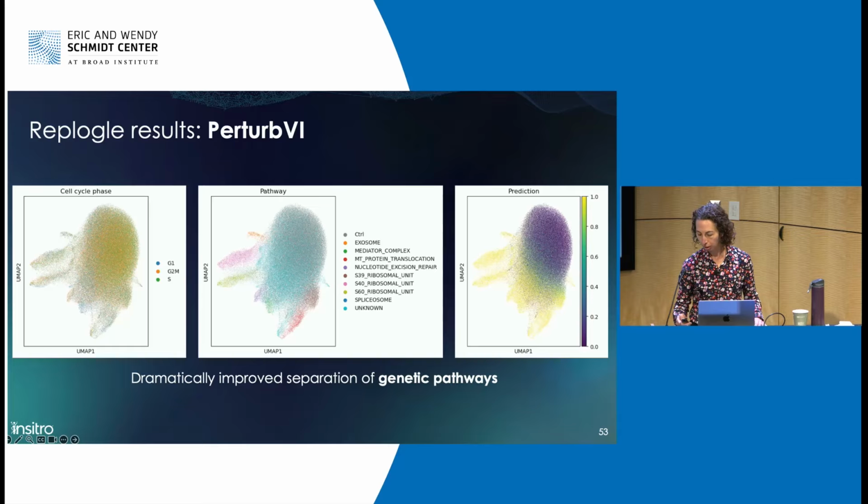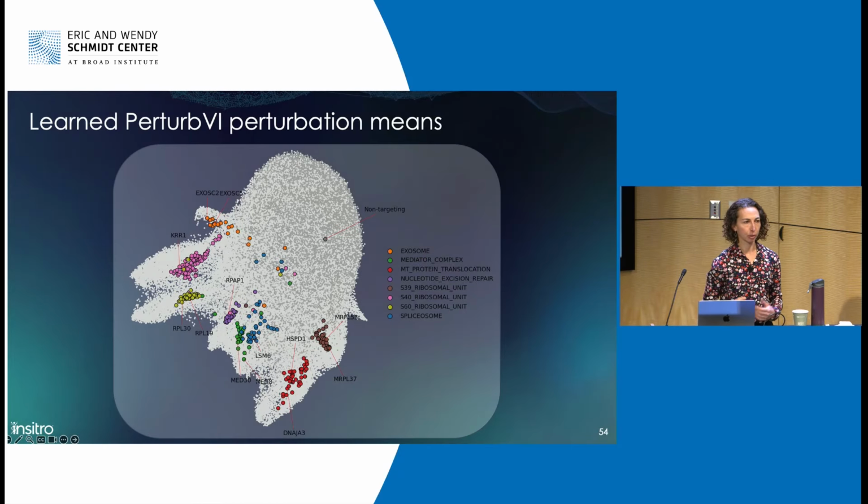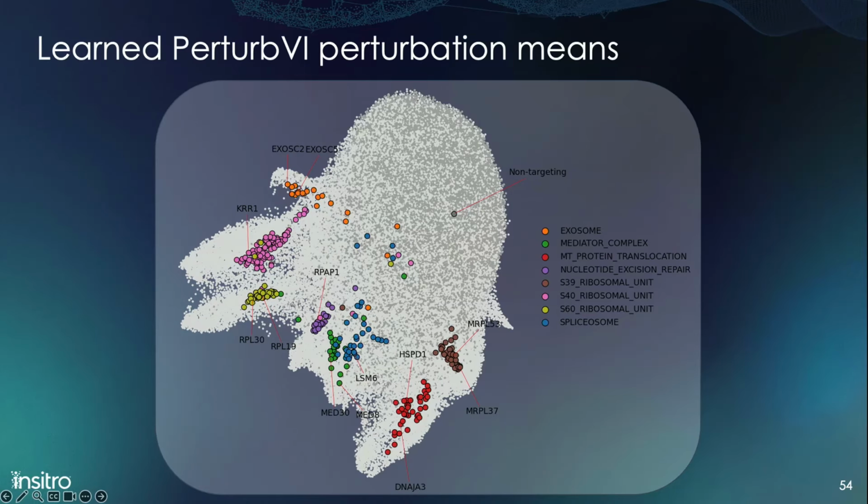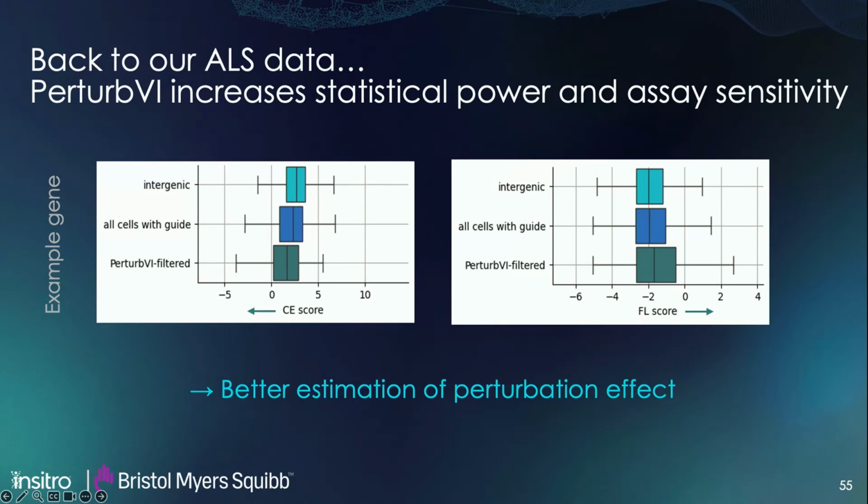Okay, so here's another visualization of these results where every colored circle is the mean over all cells that receive the same genetic knockdown. And what we see are highly interpretable results, including the fact that this mass of cells that were inferred as not perturbed are all centered around this non-targeting mean here. So we apply perturb VI as a precursor to our estimation of treatment effects.